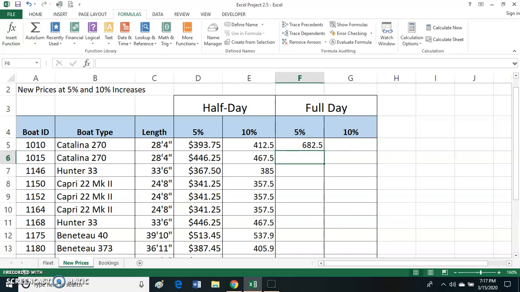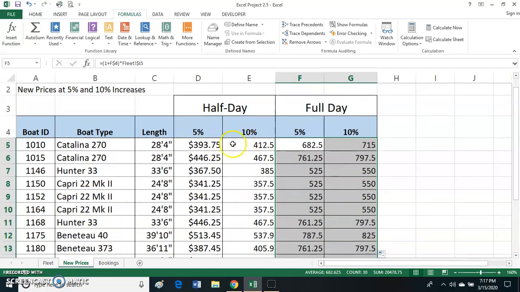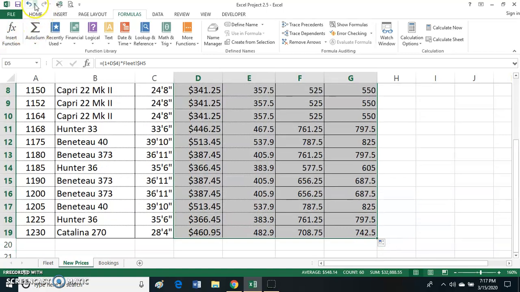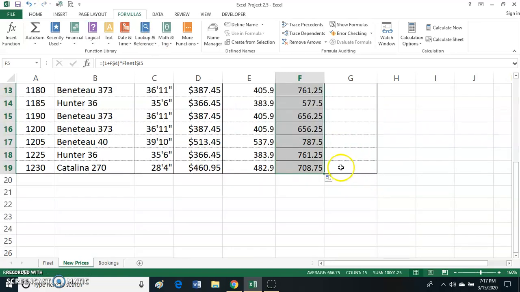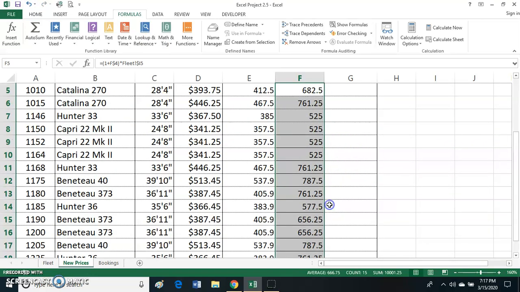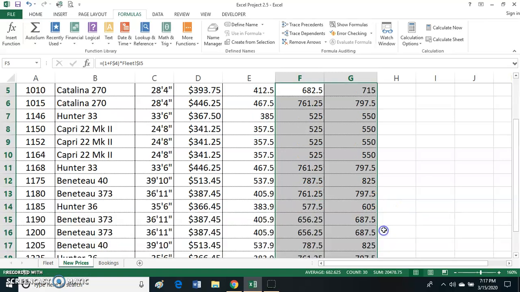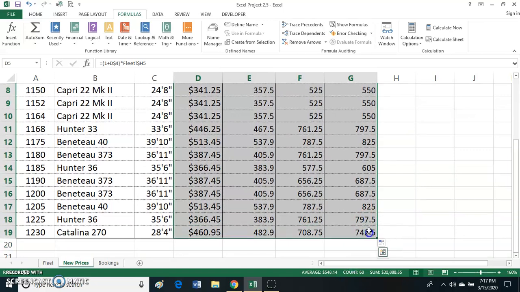So once we press enter, same procedure, we're going to double click, copy it down, convert our mouse pointer again, and we're going to drag it over. So let me double click down. Now let me select Fill Without Formatting. Let me drag it over once I convert my mouse pointer, and then let me select that option again, Fill Without Formatting. Okay, now that I have all my borders correct, let me highlight that range,